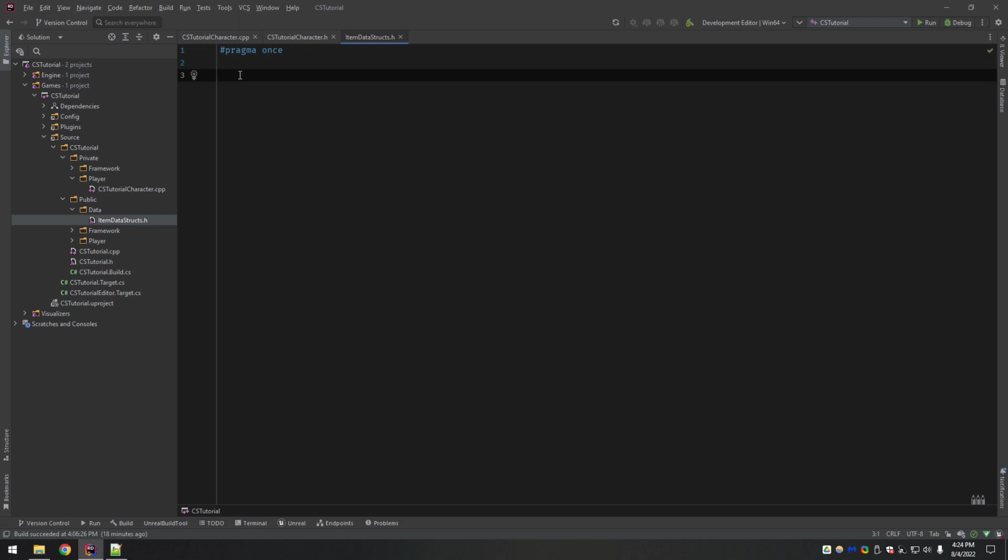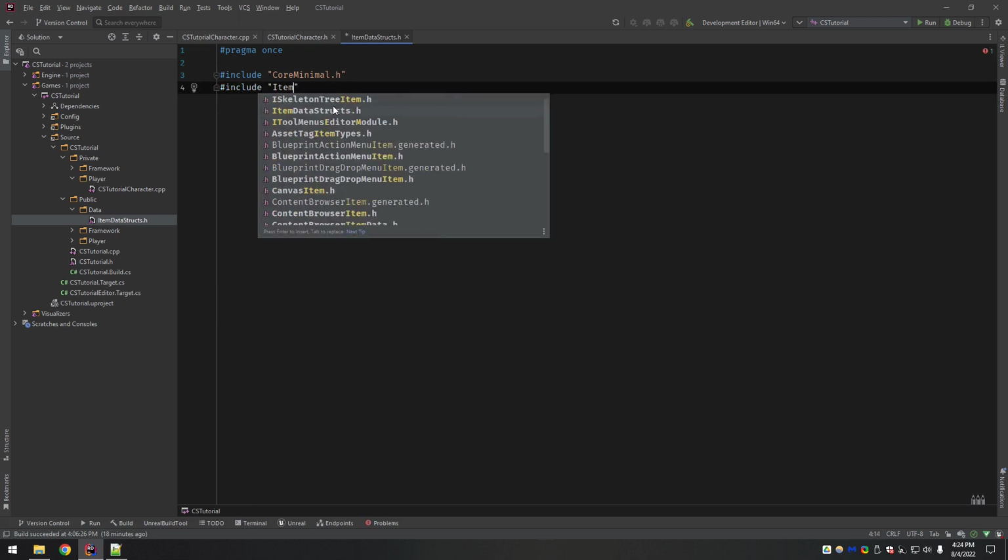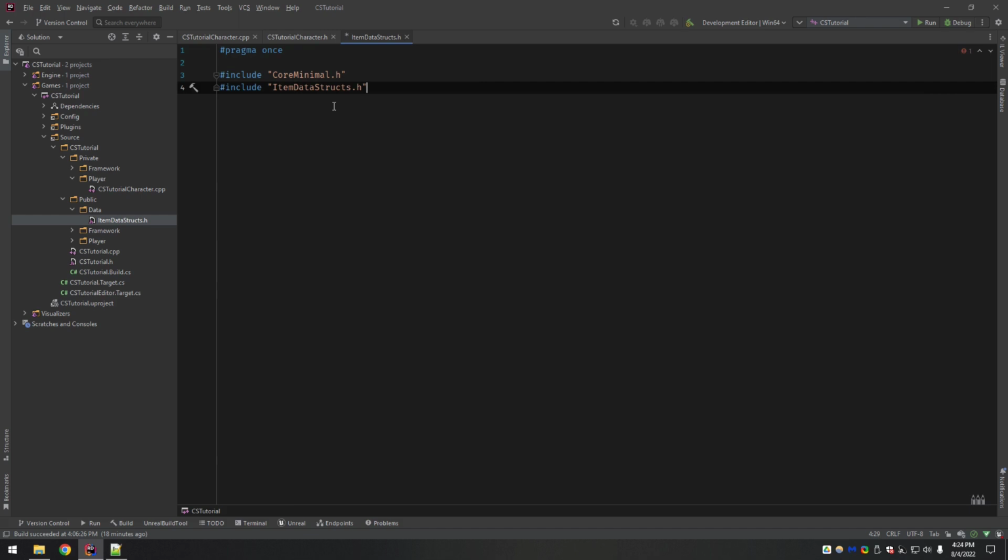But anyway, so there's that, and then we need to include core minimal, which is one of the primary engine includes, and then we need to include the name of the file, item data structs.generated.h.